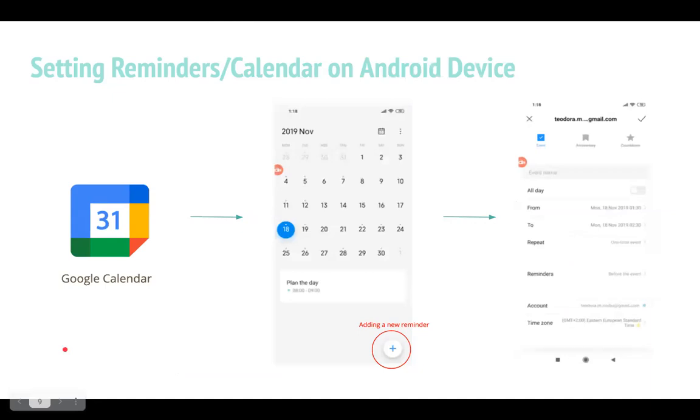To set a reminder on an Android device, it's similar to adding an event to your calendar. So you're first going to start off by going to Google Calendar. From there, your screen would look something like this. And to add a new reminder, you click on the plus symbol at the bottom right corner of your screen. And from there, your screen would look something like this, where you can have the